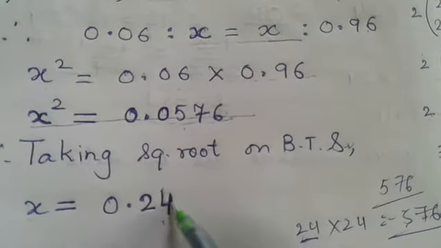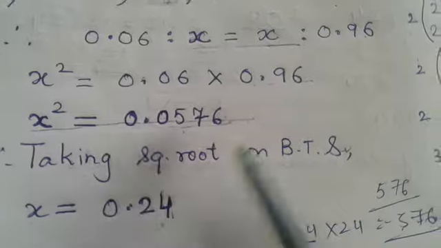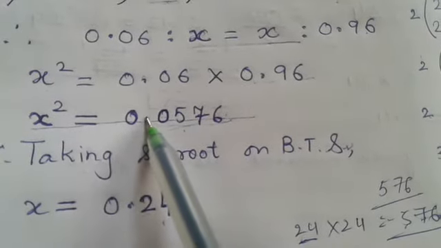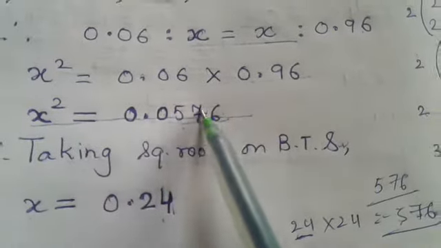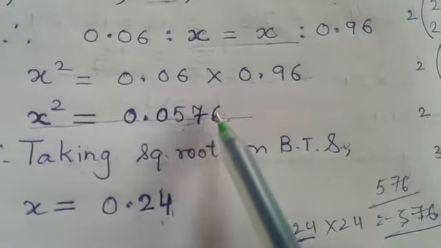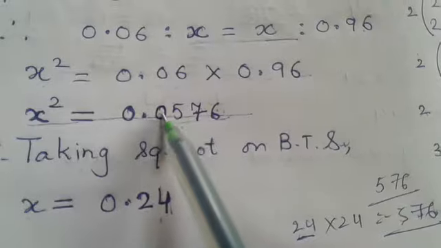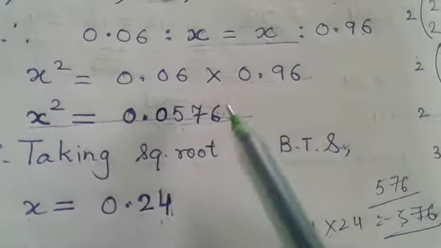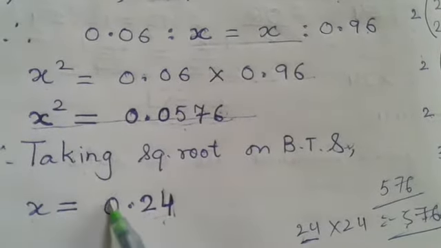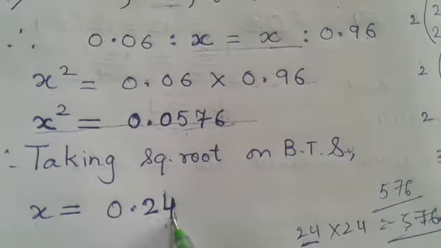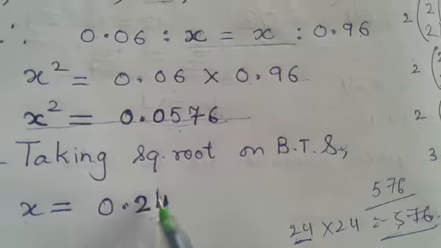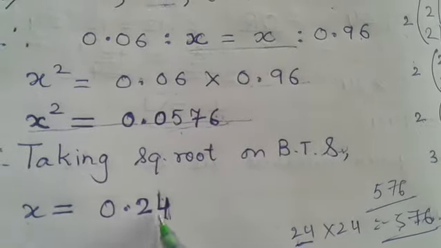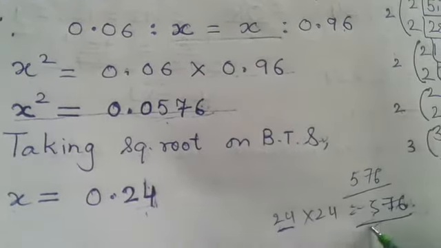All right, so now you will say how to put the decimal. So you have to count digits after the decimal. So 1 2 3 4. So what is half of 4? Because here we are finding square root. So half of 1 2 3 4 is 2. So 24 will come 0.24. Okay.